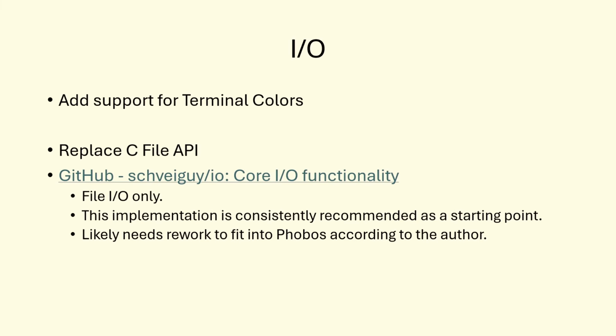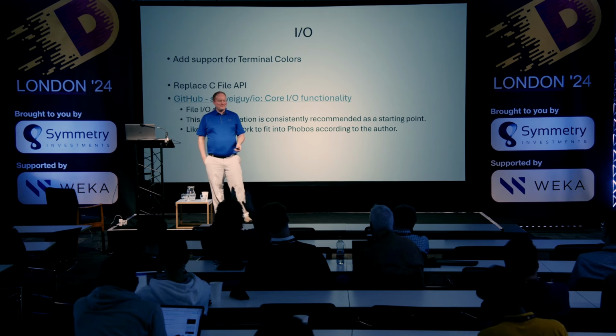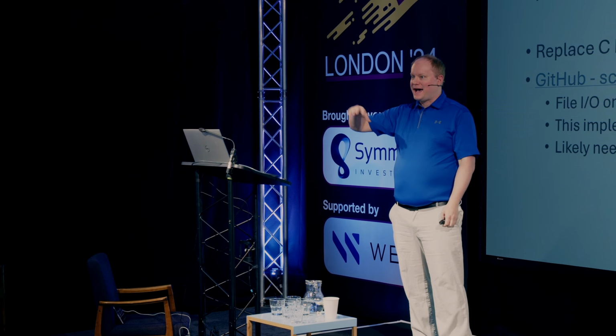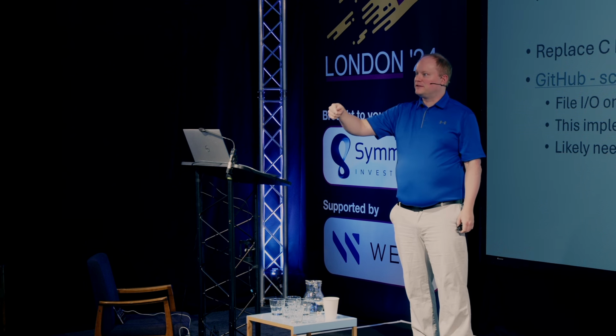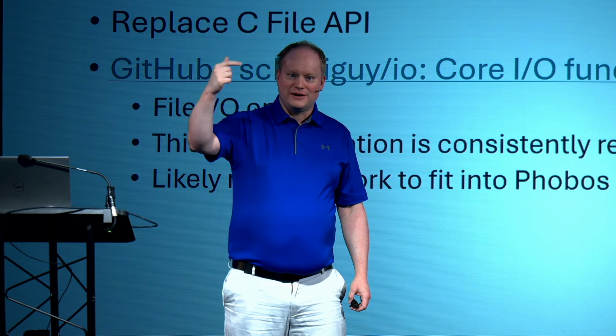I've talked to him about it. He said that it would probably need some more work and it's not really ready for Phobos. And it's like, okay, but dude, you wrote the I/O library that people actually like. But this is an example of the kind of stuff that we could be doing. We would like to look around at what's out there and say, okay, you've done something really cool. What would it take to get it into Phobos so that we're not constantly